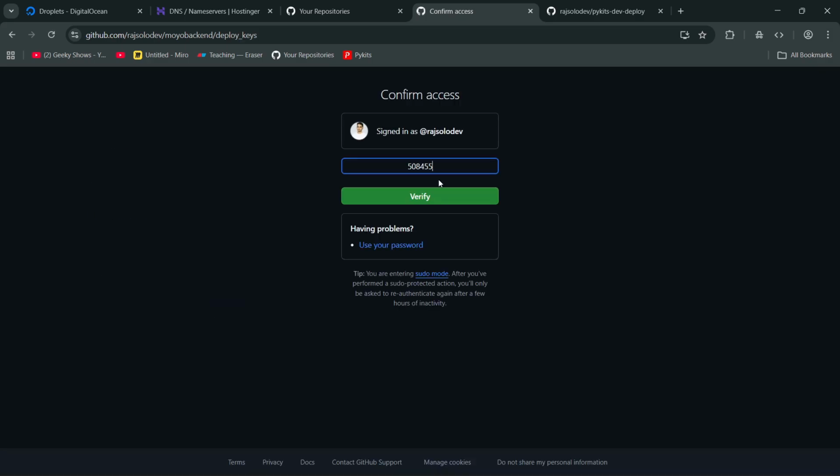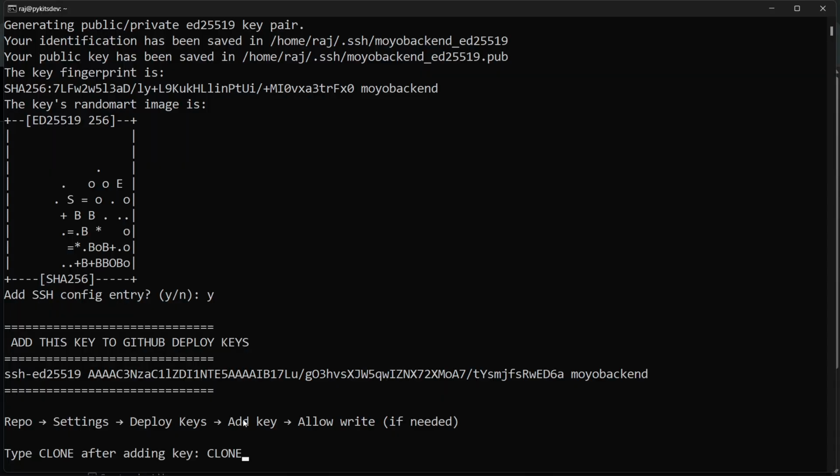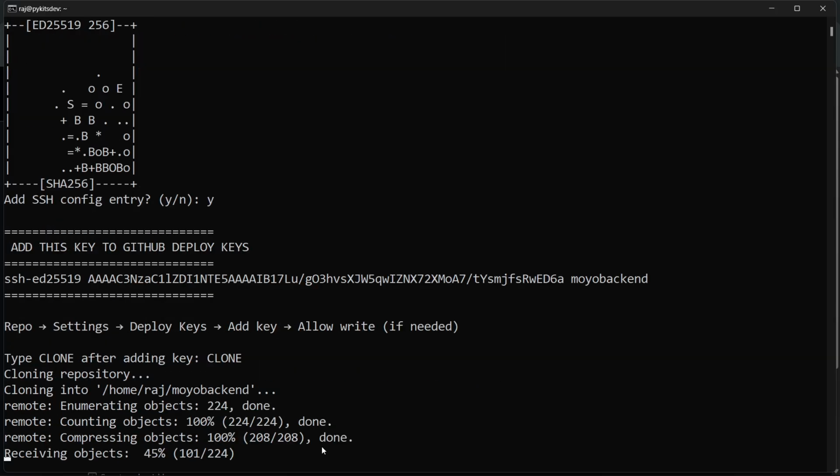Then we'll have to authenticate. It's the two-factor authentication of GitHub. So simply click verify, and the key has been added here. Now let's go back to the terminal. Once you add the key successfully, you need to write clone, then simply hit enter, and it will clone the repository